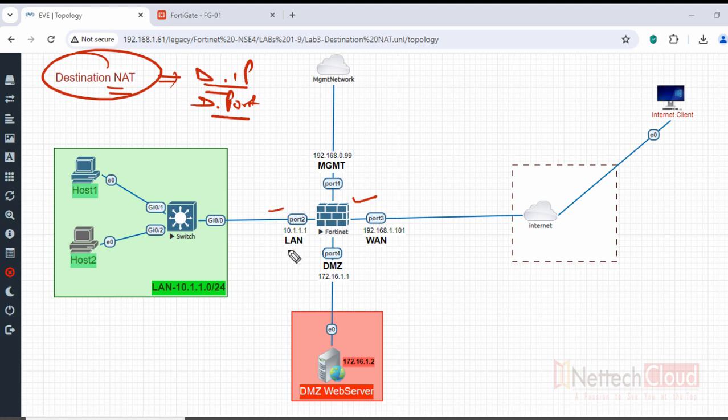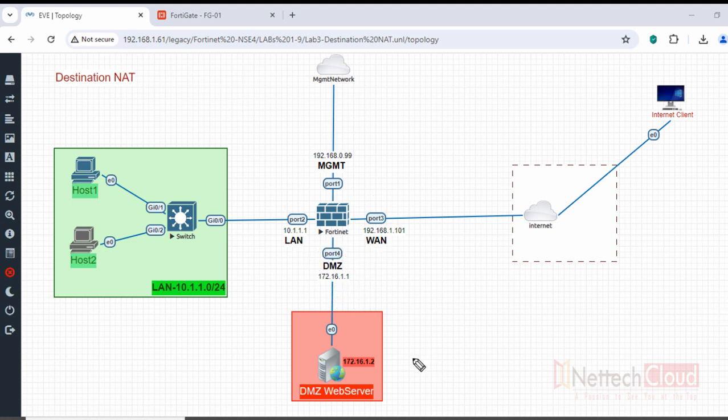Port 2 is the LAN interface, port 3 is the WAN interface, and port 4 is the DMZ interface. So for the very first time I have introduced the DMZ zone, or demilitarized zone, and in the DMZ zone there is one web server. A sample website is already hosted on the server, so we are not going to see